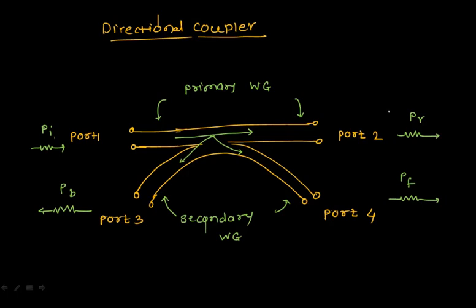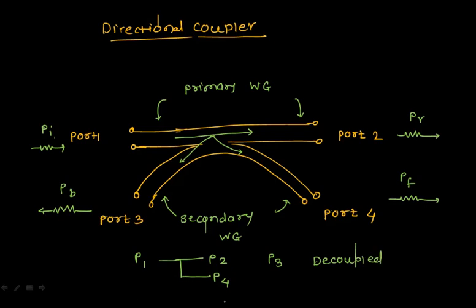Now, what are the ideal characteristics of the directional coupler? A portion of the power traveling from port 1 to port number 2 is coupled to port 4 but not to port number 3. If you give anything to port 1, it should go to port number 2 directly, and it will be coupled to port 4. But your port 3 will be the decoupled port. So your 1 and 3 are decoupled ports.